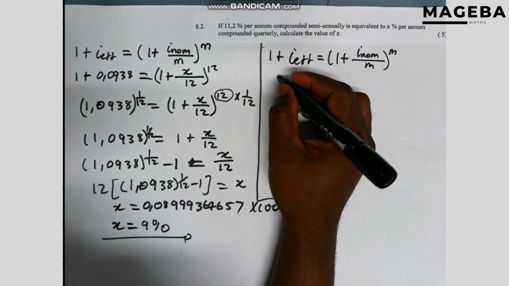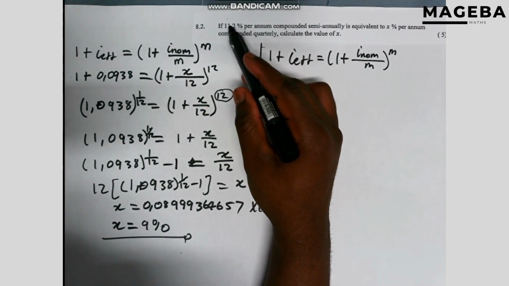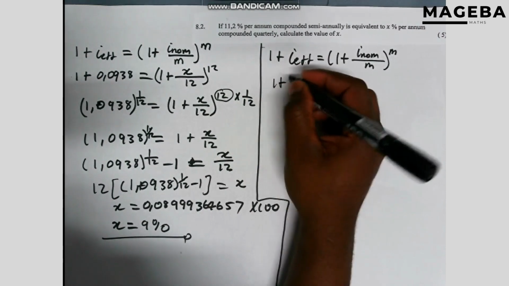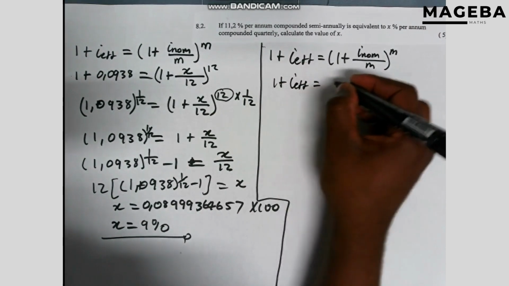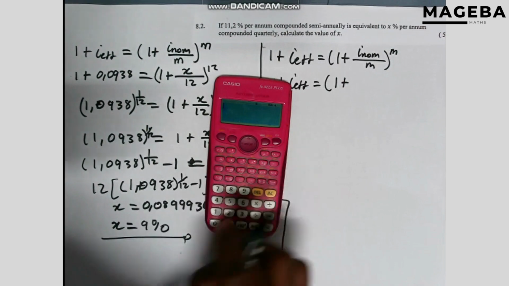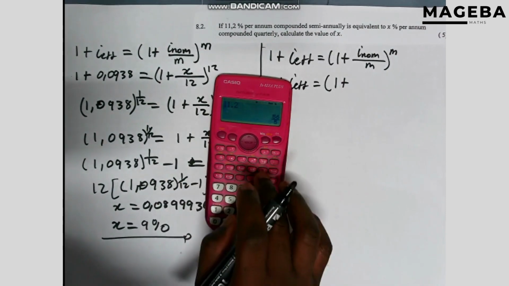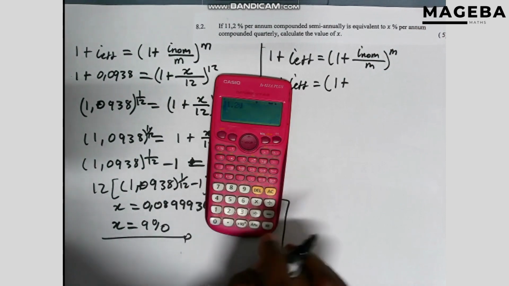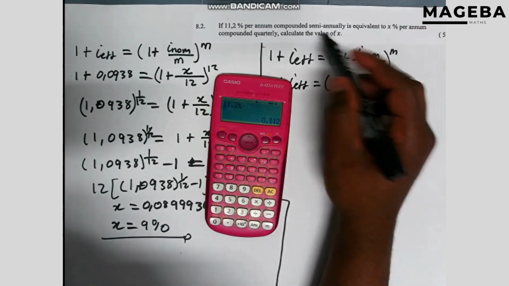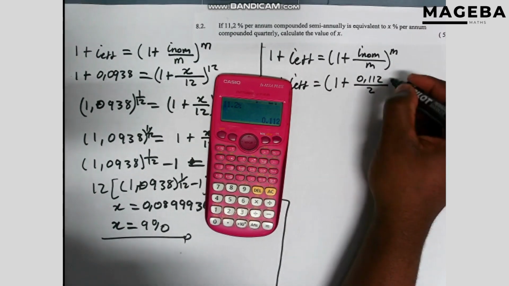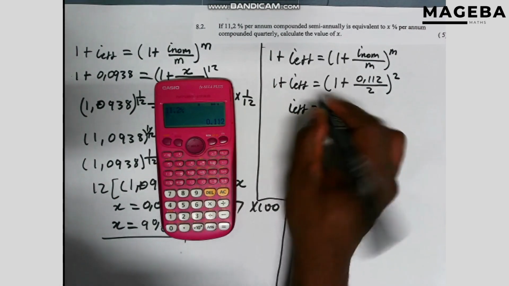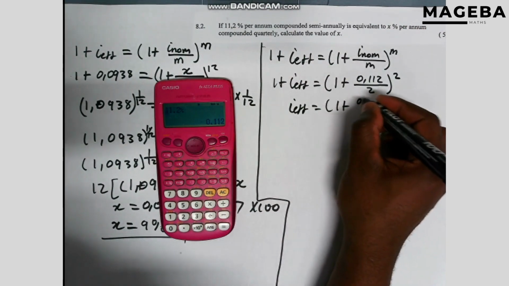So 1 plus i effective equals 1 plus 0.112, compounded semi-annually, which is divided by 2, then to the power 2. Then looking for i effective, take 1 to the other side, then 1 plus 0.112 over 2 to the power 2, then minus 1. Then if we punch our calculator from here,